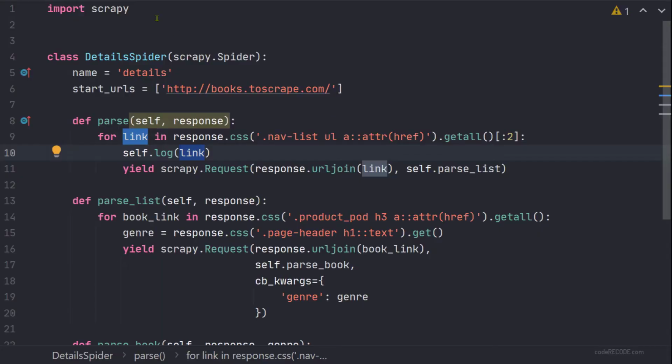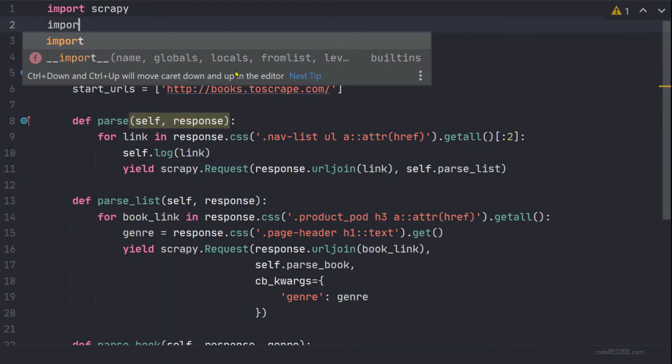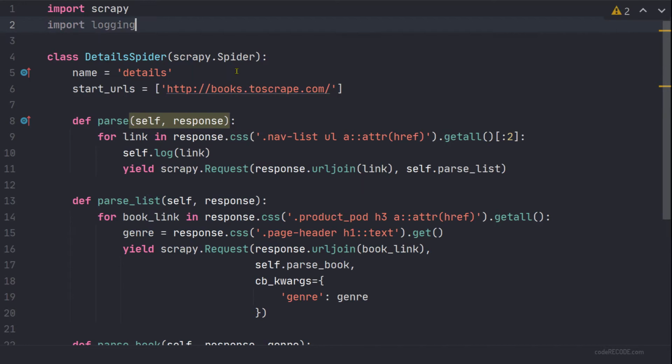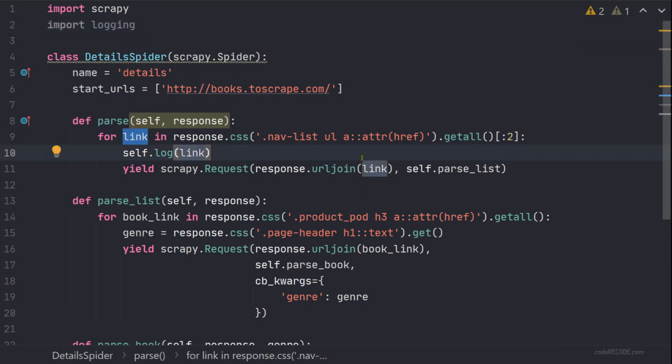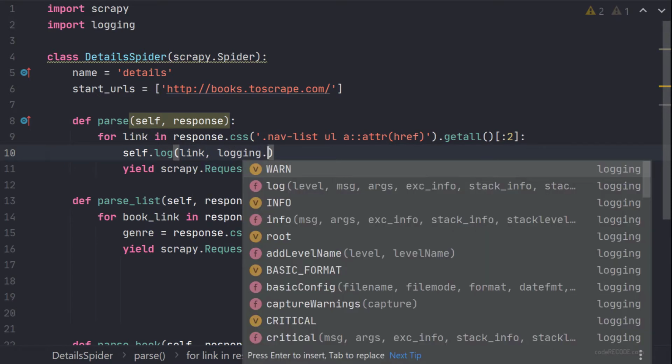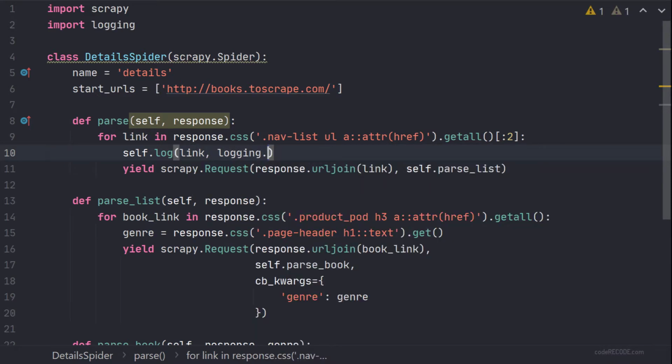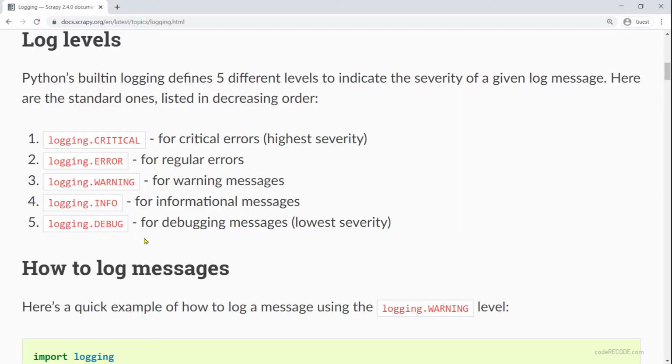Now what we can do here is we can import this logging module, and as soon as you do that, you have one more parameter that you can pass here. So logging.warn. Okay, so there are multiple levels of logging. So let me show you how they look. So the lowest one is debug.